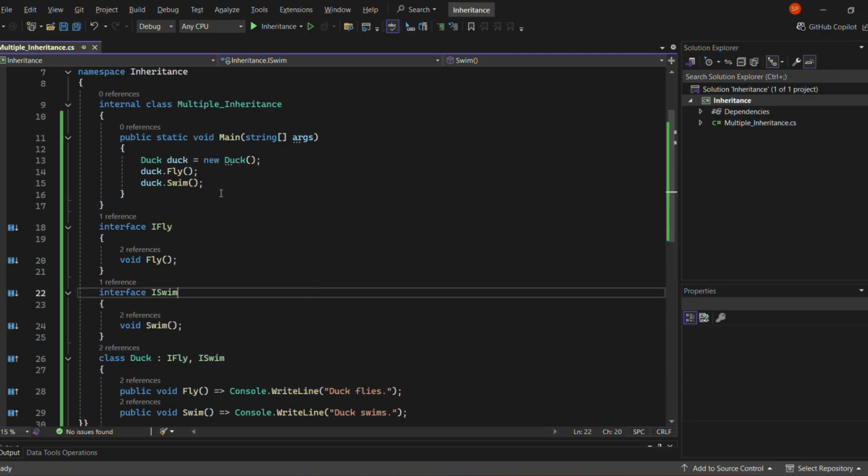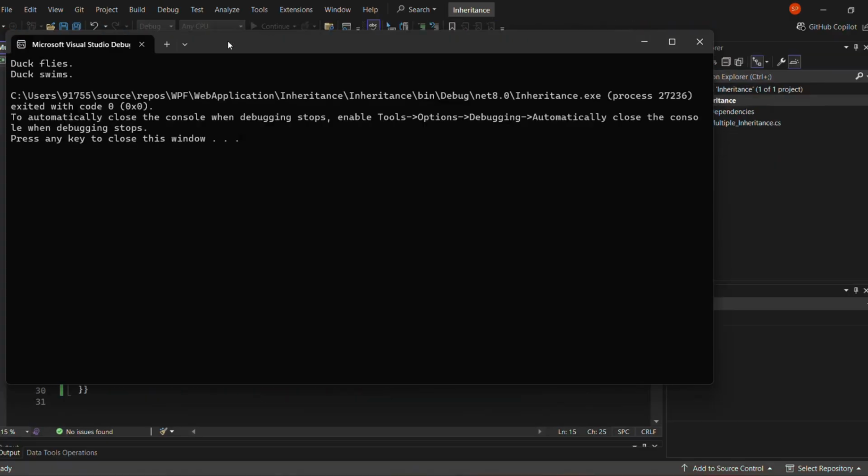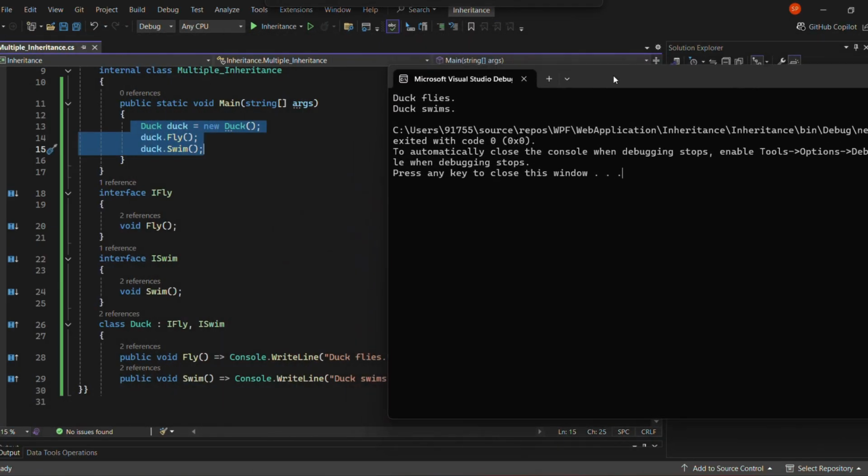In the main method, we create an instance of the duck class. From this instance, we call Fly from the iFly interface, Swim from the iSwim interface. Since duck implements both interfaces, it must provide the actual method definitions. Output. From the duck class instance, we successfully called the method from the iFly interface, fly, and the method from